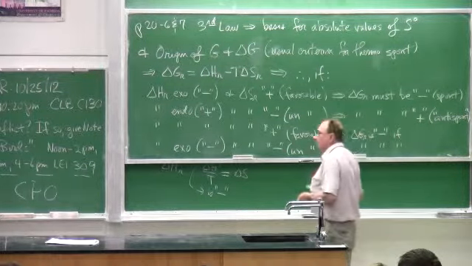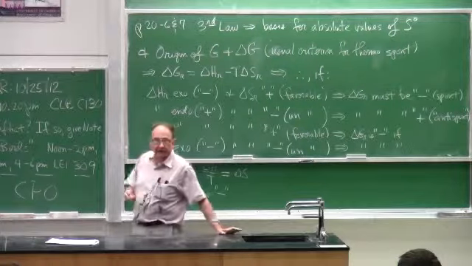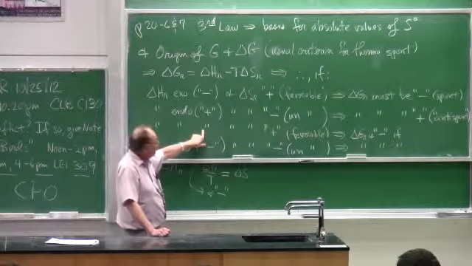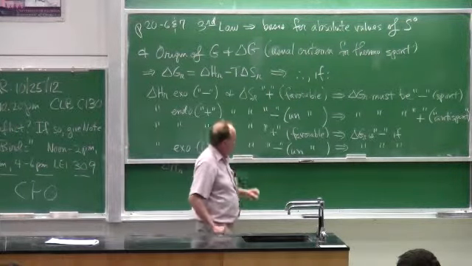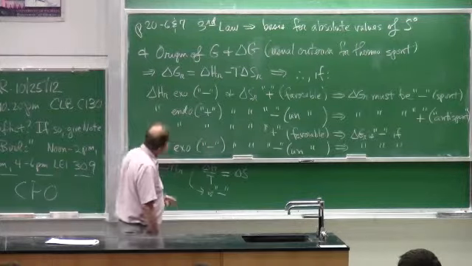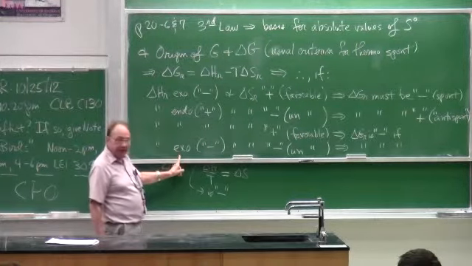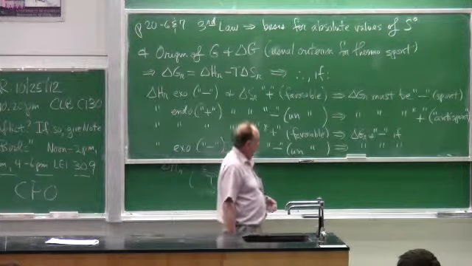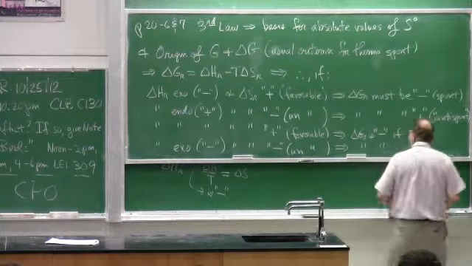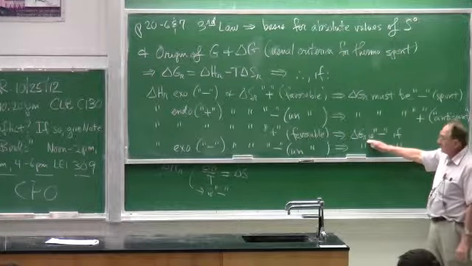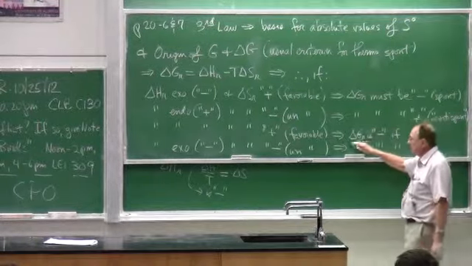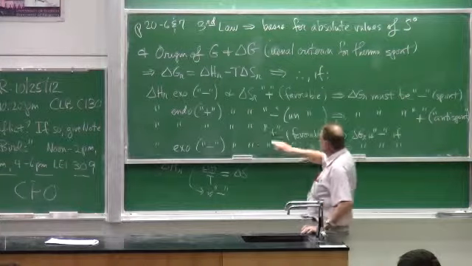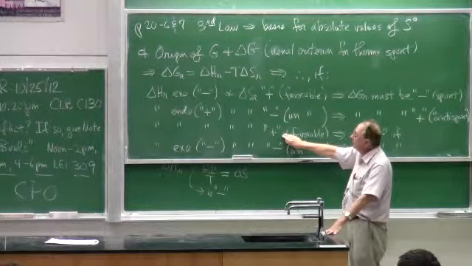Now then, what if we have a battle between delta H and delta S? For example, the change in enthalpy is endo, again, bond weakening, but the change in entropy is favorable. Or, what if the change in enthalpy is favorable, exo, bond improvement, but the change in entropy is not favorable? Under what conditions will delta G be minus and the reaction system will be spontaneous? If change in enthalpy is against it, but change in entropy is for it.